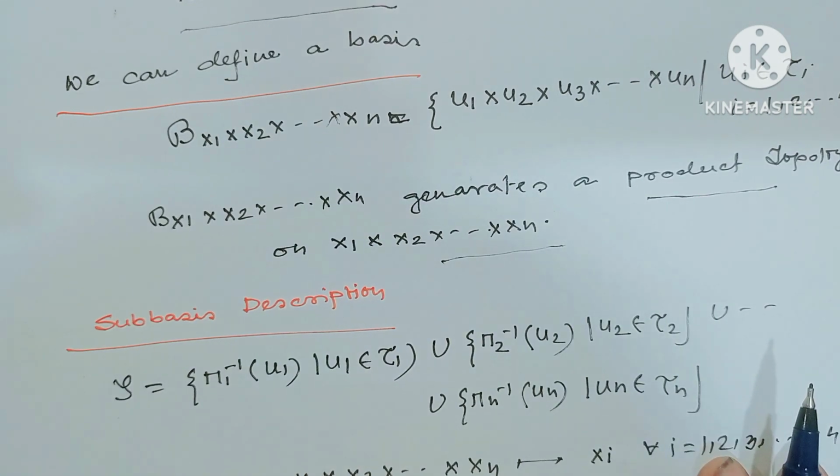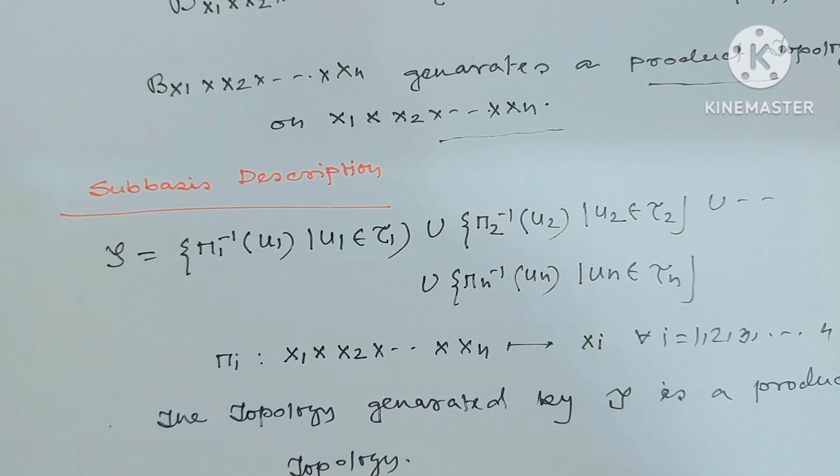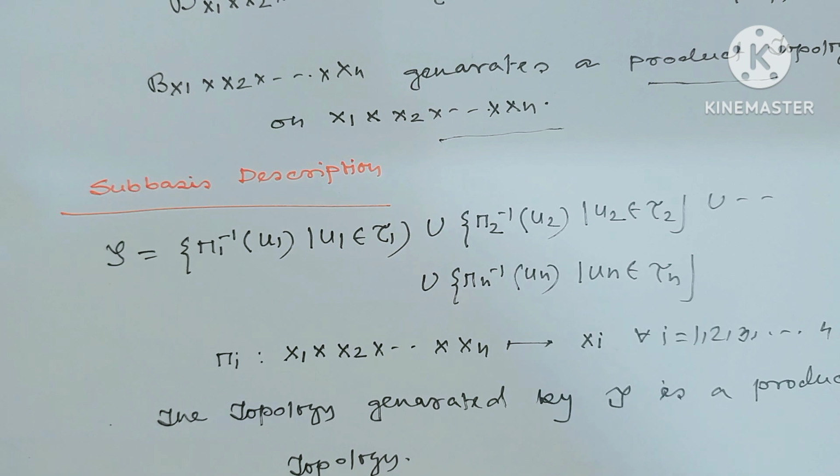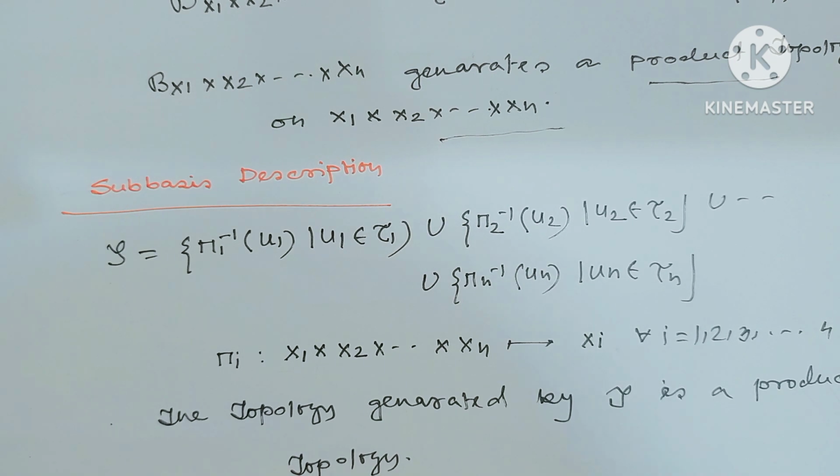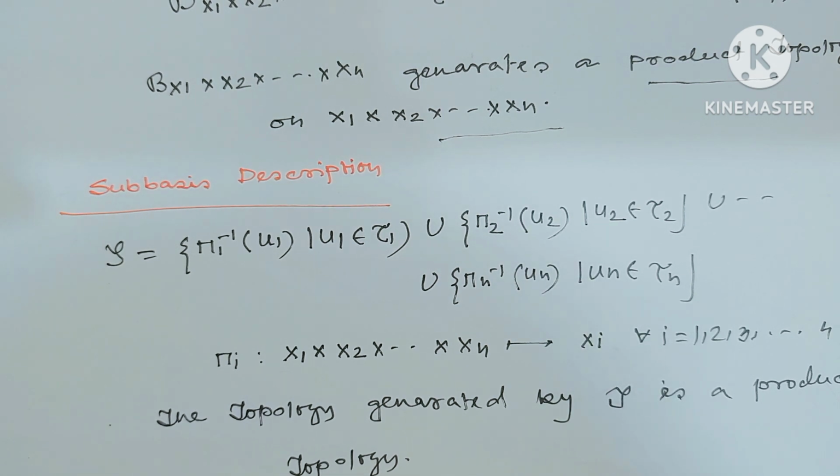Similarly, the subbasis description means π1⁻¹(U1) ∪ π2⁻¹(U2), where U2 belongs to τ2, up to πn⁻¹(Un), where Un belongs to τn. This is